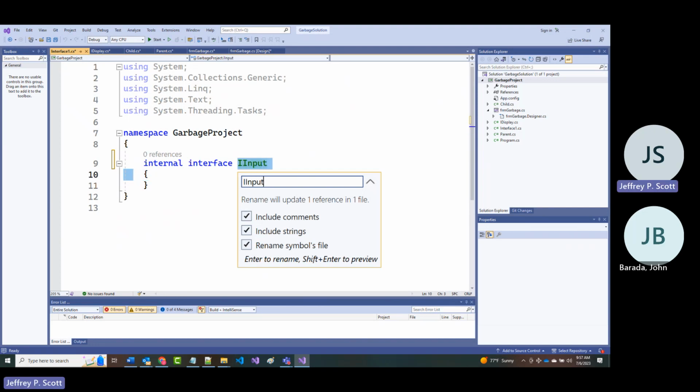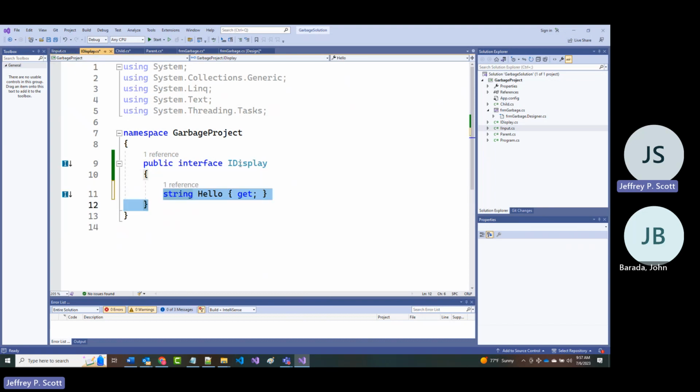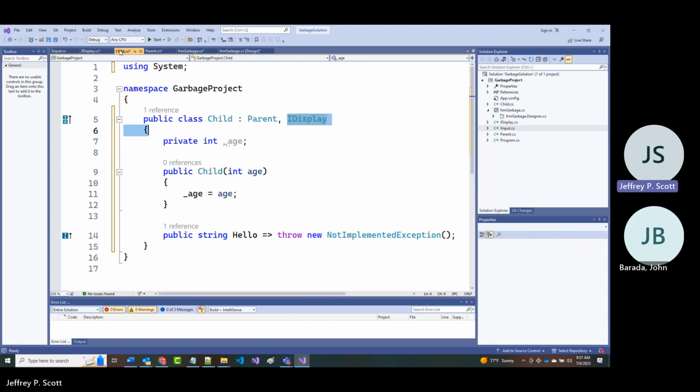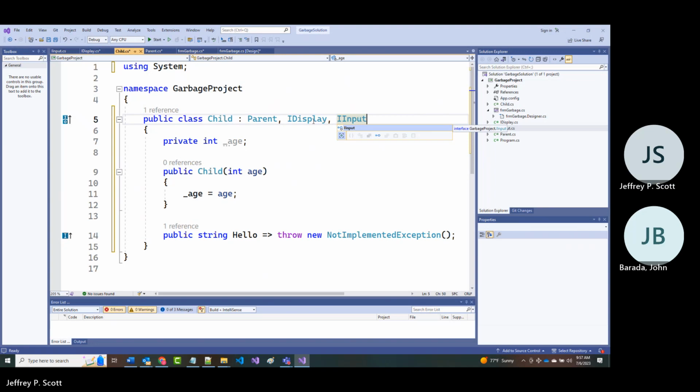Again, dumb name, but it's okay. Hit enter. Now it's been changed. So I could come in and also from here in my child, I could also implement input. And I don't get any errors because there's nothing in there. So there's nothing for it to actually implement, but I can do that.